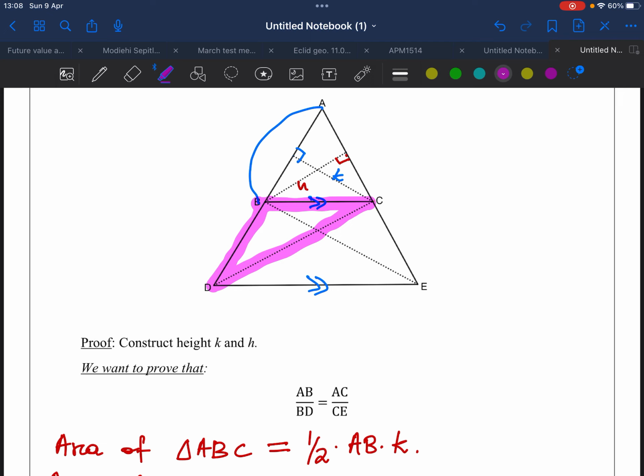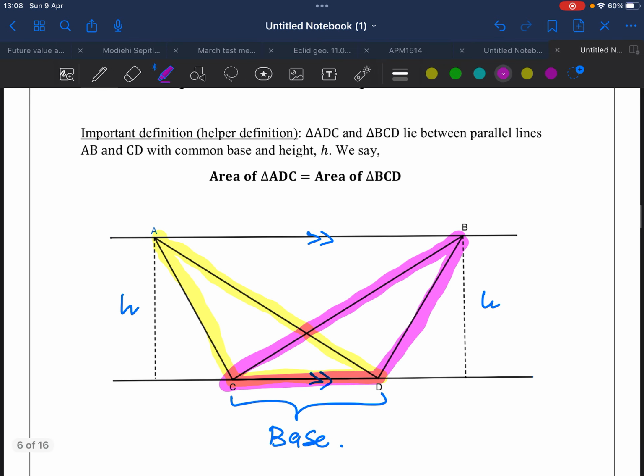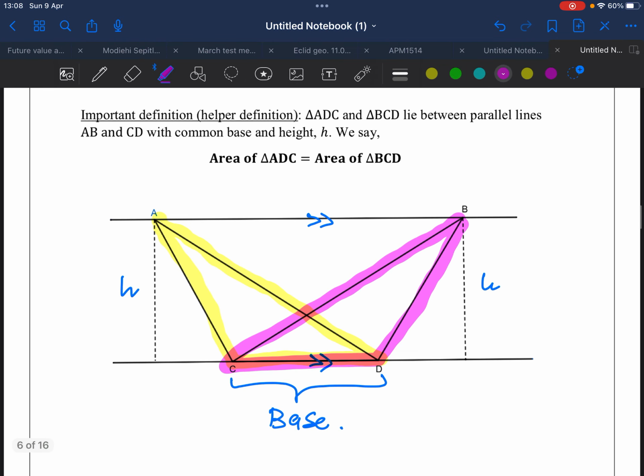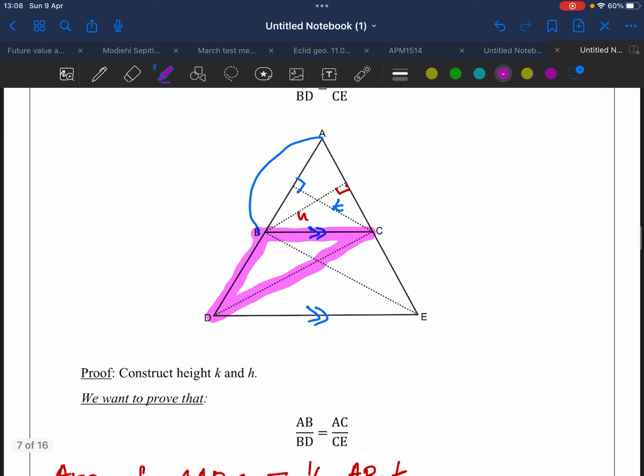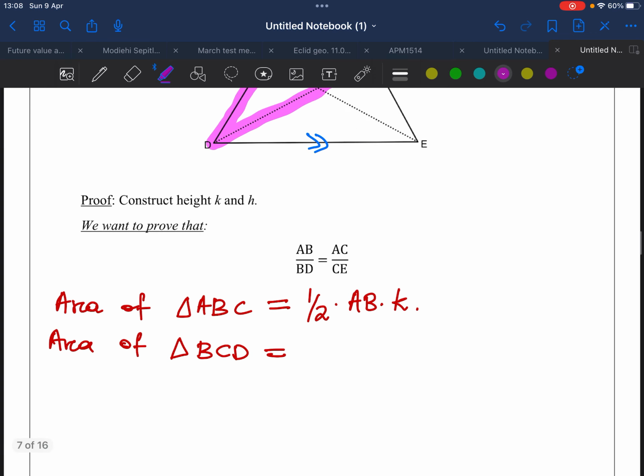I think you remember that by the helper definition we have stated that you can see we have two triangles that share the same base and same perpendicular height. So check this one. This triangle shares the perpendicular height with triangle ABC. So now we will just say